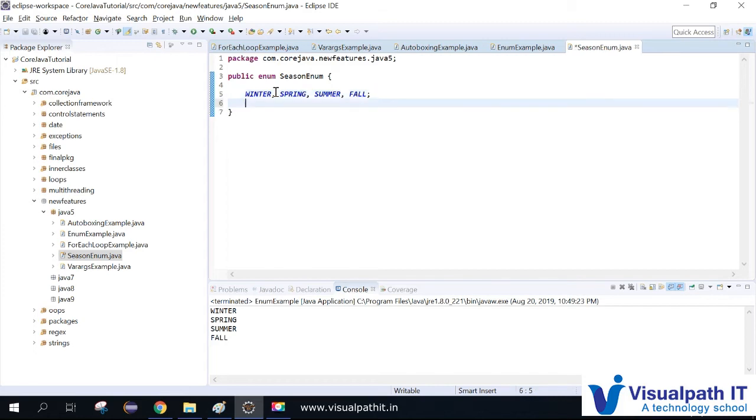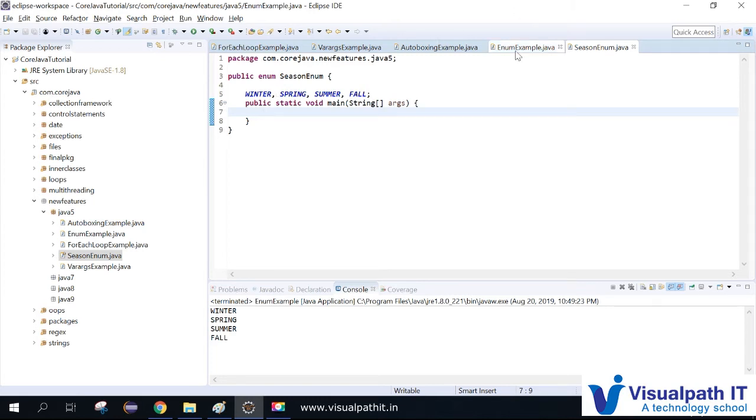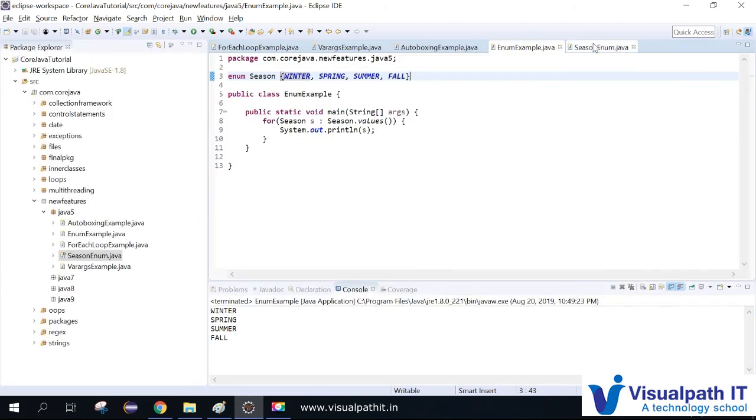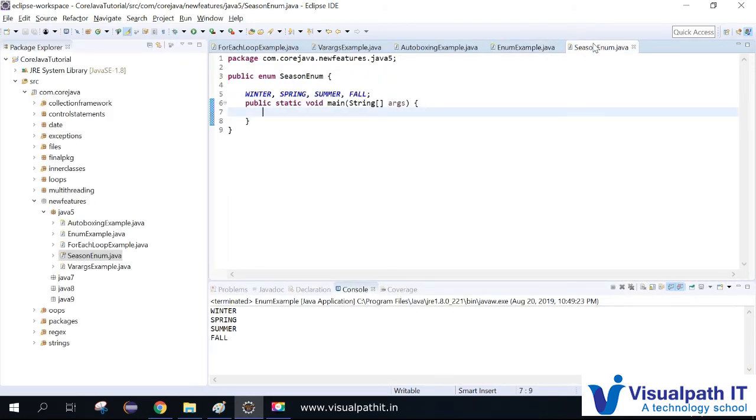Let us try to print these elements. So I can have a main method also. If you want, you can write a main method here and test it. So you can see the different approaches, right? First we declared the enum within a class with the public data type, and we removed it and used the default data type, and we even tried declaring the enum outside the class. Now we are trying with declaring the enum in a completely new file, where we'll have a main method and where we'll be printing.